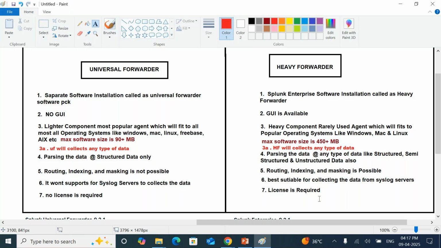S1 server needs to route the data, heavy forwarder. S1 server needs to index the data and mask the data, heavy forwarder. Understand? Now routing. What is routing? Routing is nothing but splitting. Splitting. Let's say for example,